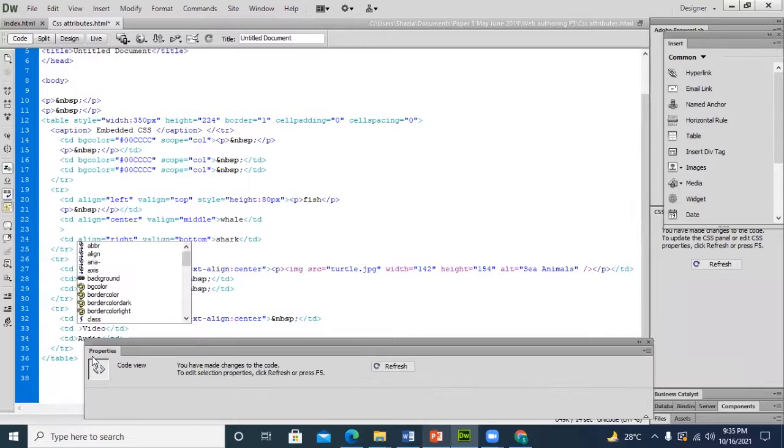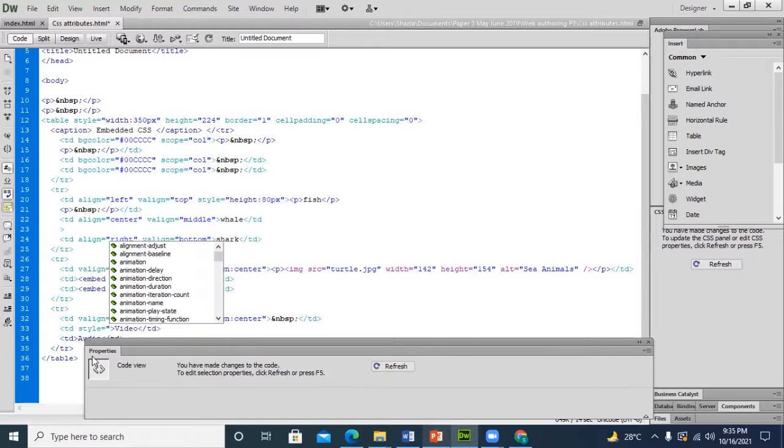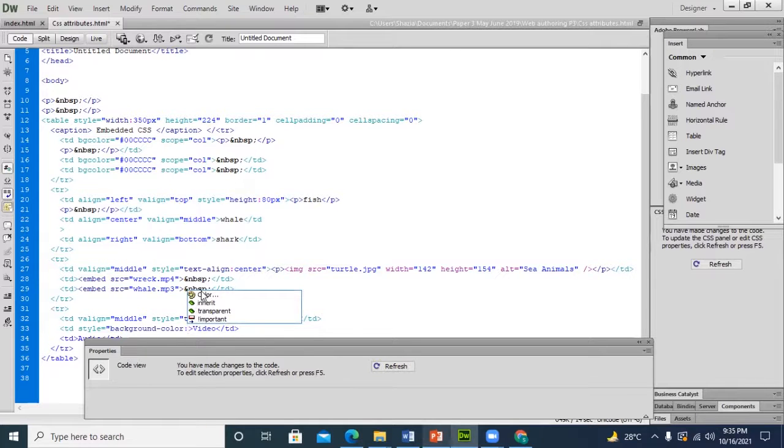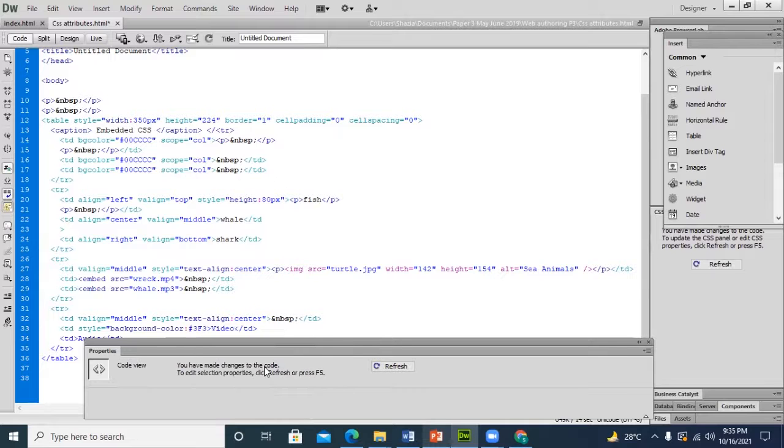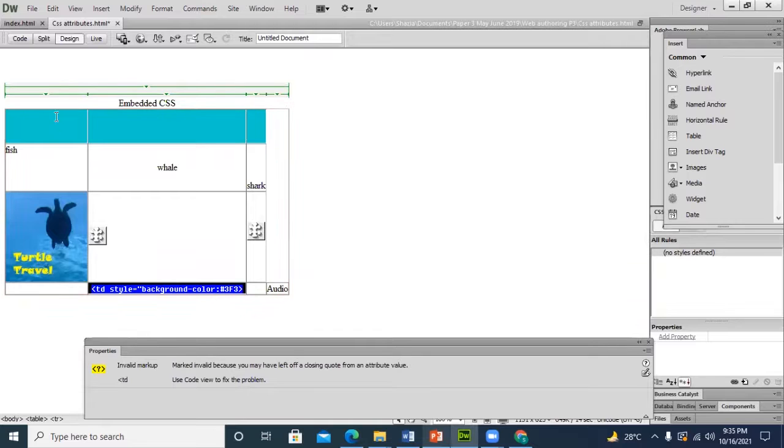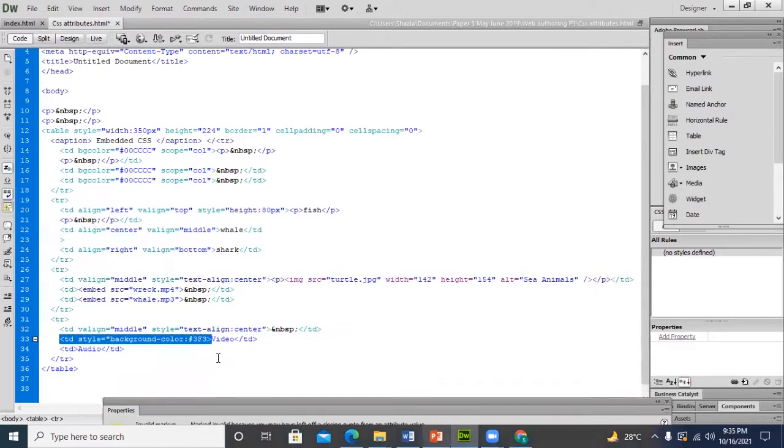Write style is equal to BG color, and select your color from this color palette. Suppose I want to use this color. Next, if you see, go back, and I didn't change.